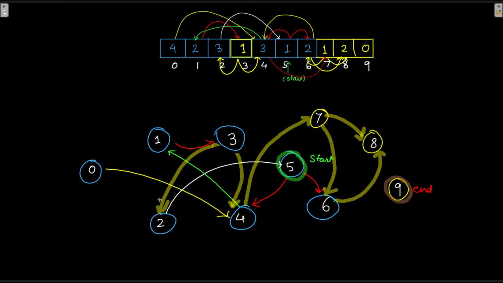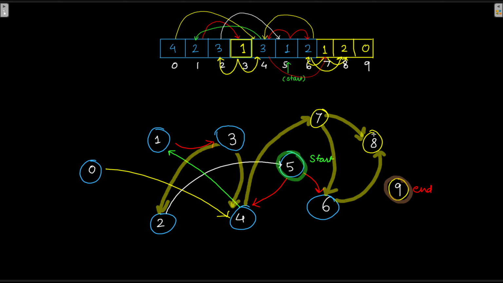Now the graph changes. You can see these thick yellow arrows, how they show the current condition. From 3 earlier, we did not have any outgoing edges. Now we have 2 outgoing edges, one going to 2 and the other going to 4, because 3 has 1 inside. So 3 minus 1 is 2, and 3 plus 1 is 4. What about 7? 7 has 1 inside, so from 7 we can go to either 6 or 8.